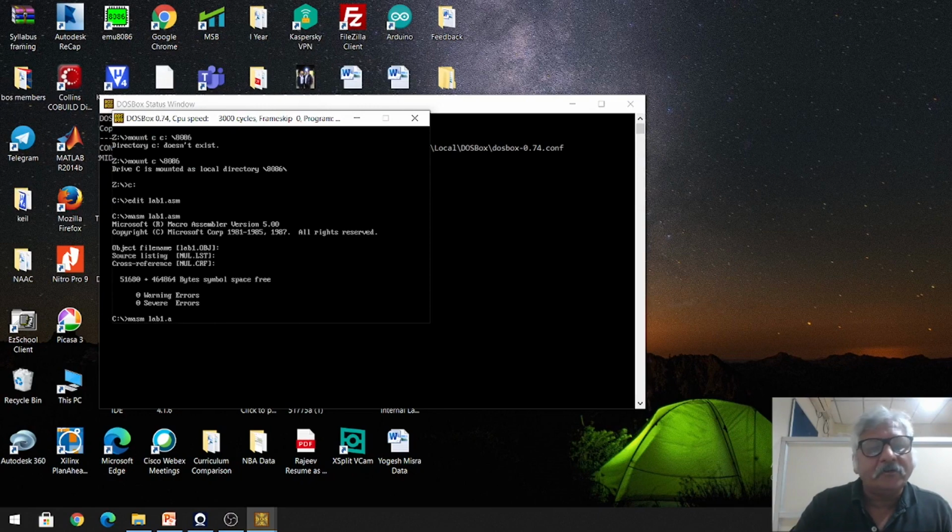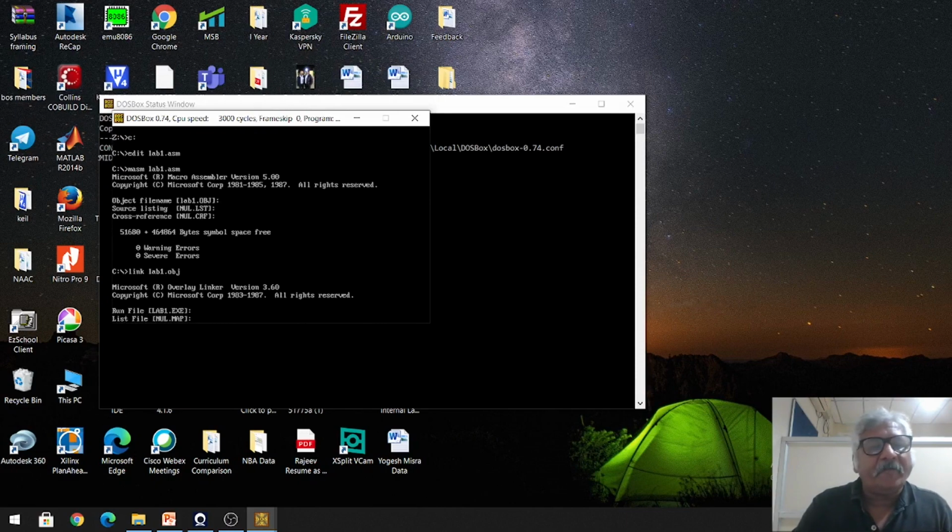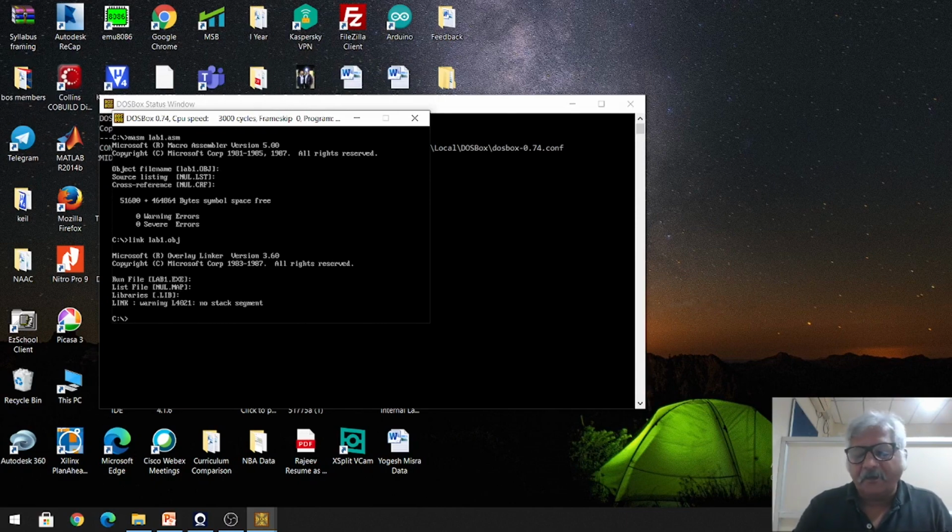Now I will use the object file which is created here, the obj file, with the tool LINK. With this I will generate the exe file. The exe file is generated. Now I will use this exe file and I will debug the program now.